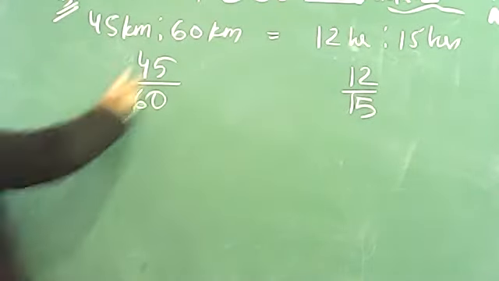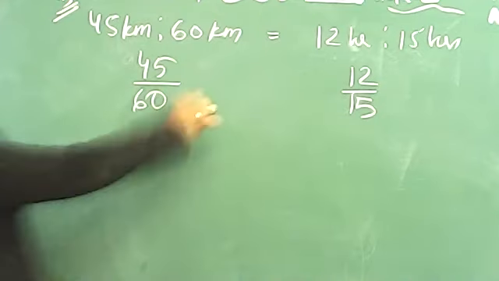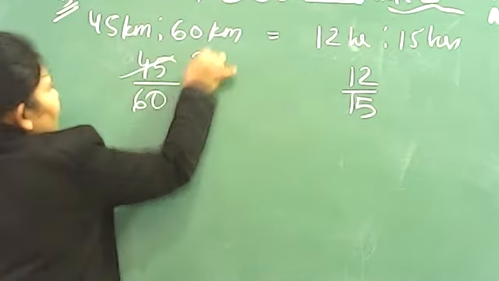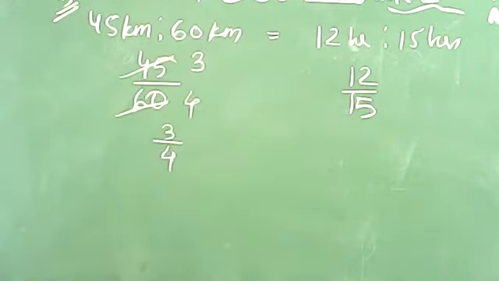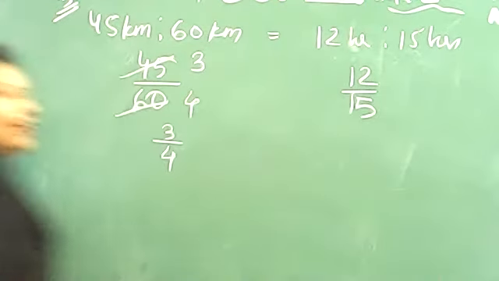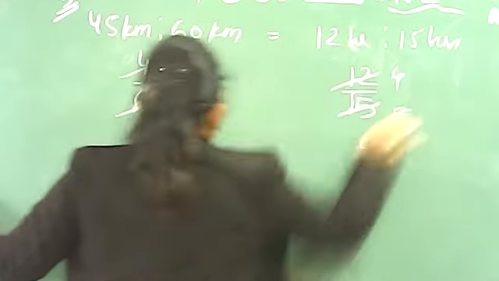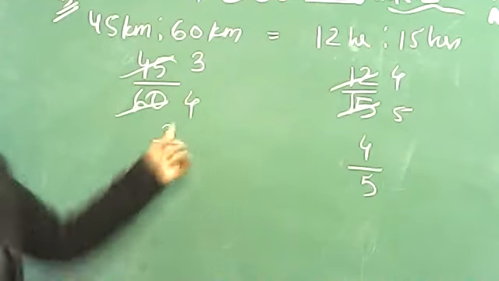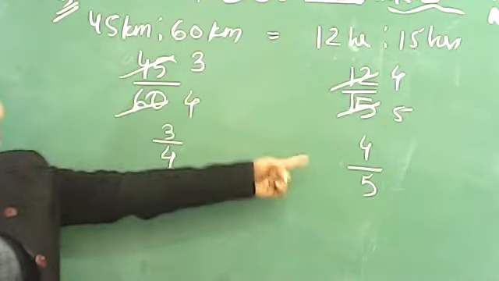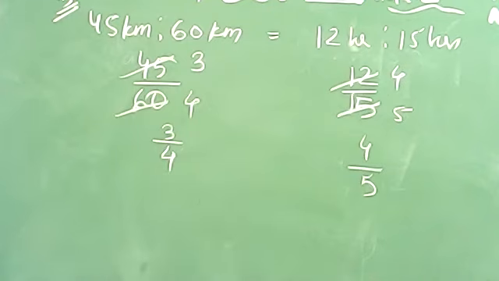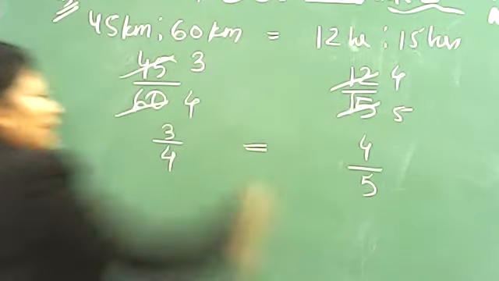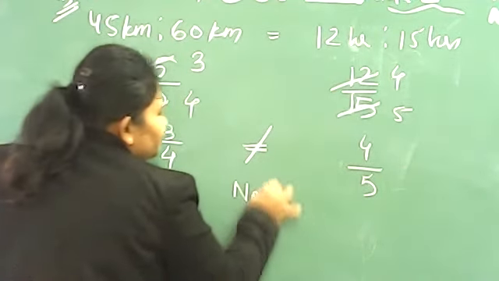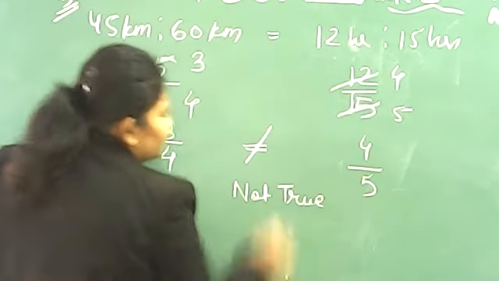ठीक है. Now tell me by which table it can cut? 5. 15 also, okay. 15 3s are 45, 15 4s are 60. What is the number coming? 3 by 4. Tell me which table it can cut? Again 3, okay. 3 4s are 12 and 3 5s are 15. अब now देखो यहाँ पे, this is giving you 3 by 4. That is giving you 4 by 5. Are they equal? They are not equal. But in the question, it is written the sign of equal. That means it is not true. Not true means false.